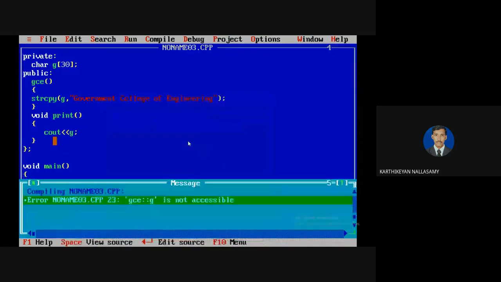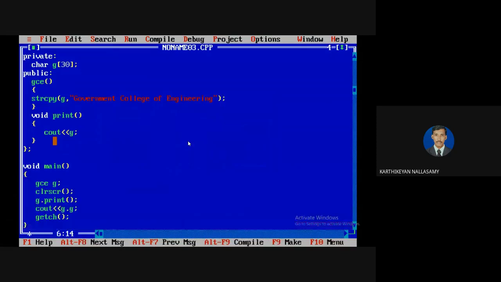There is one error. It means that it is not accessible. If it says it is not accessible, it means that it is private. This is a variable, so this variable cannot be accessed outside of the class. But we are trying to access this property G. G is a variable name. If you want, you can change your object name, so that it does not cause any confusion. So G is a variable name, which means it is a data member, and it will be accessed outside of the class.